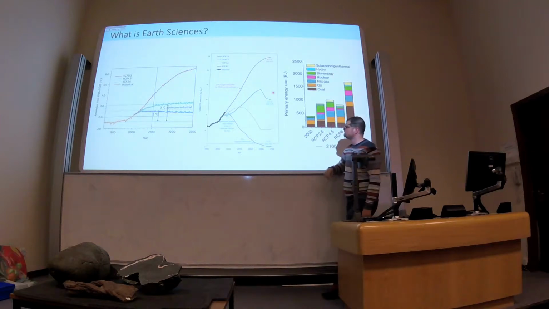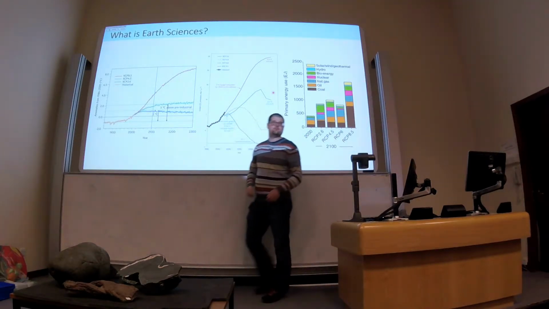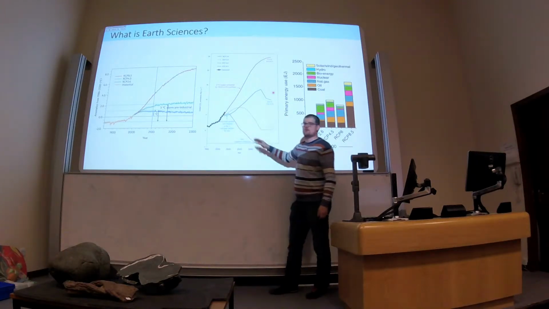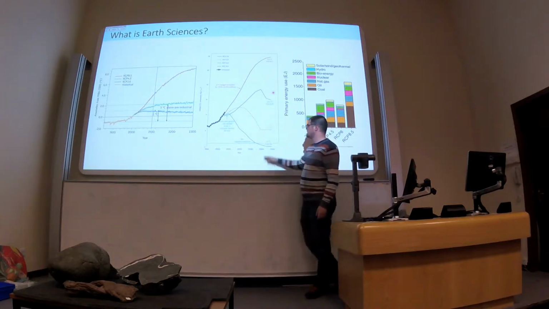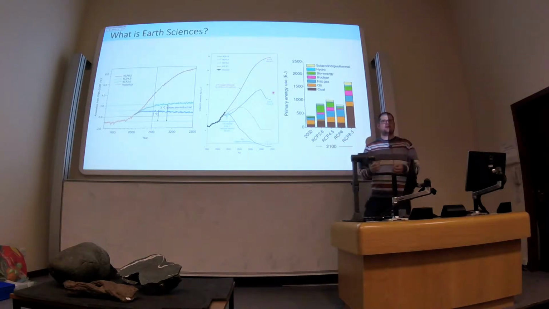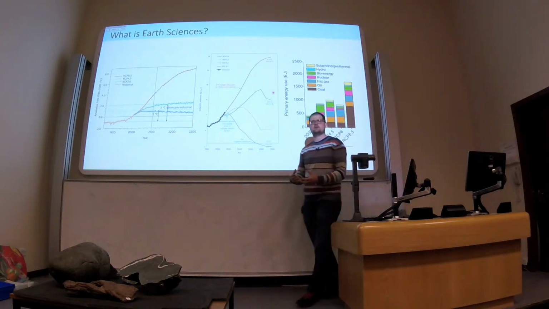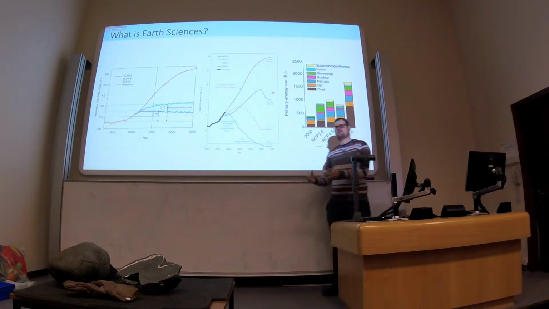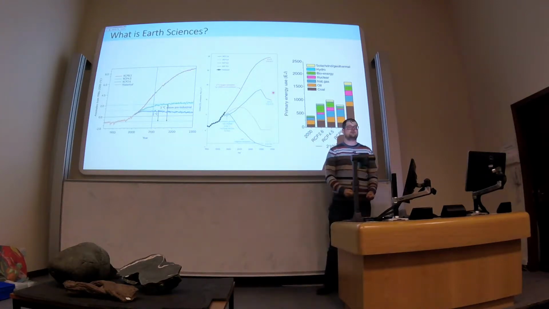Whereas in the blue one, for us to keep below 2 degrees Celsius of warming, we have to drastically reduce our emissions over the next few decades. And in the later half of this century, we have to have zero or below emissions. We have to have negative emissions. That's not just not burning fossil fuels anymore, that's actively taking carbon dioxide out of the atmosphere and putting it in the ground, okay?